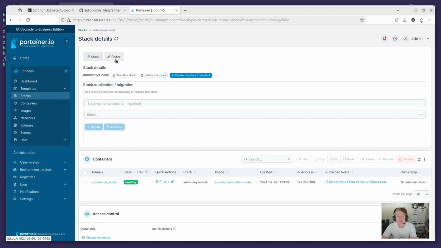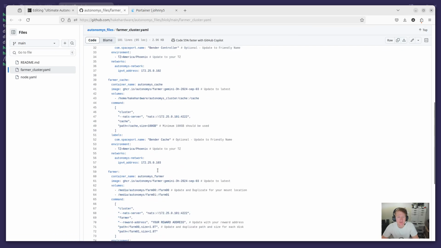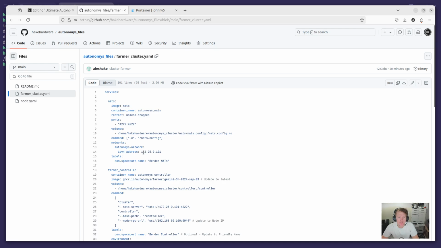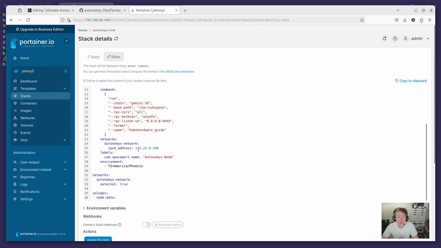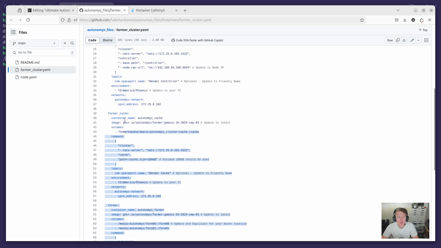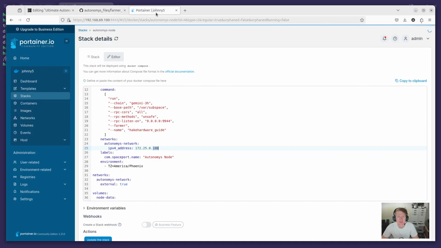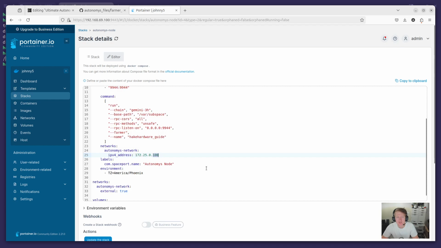What you can do is open up the editor, and I have it set so that all you need to do is come in here, and because NAT starts at 172.25.101, and in here you did your node at 172.25.100, there's no overlapping IP address, so what you can do is start down at your plotter, copy all your plotter, copy all the way up to NATs, and you could even do this in a separate